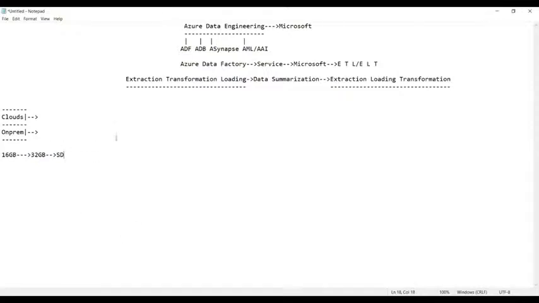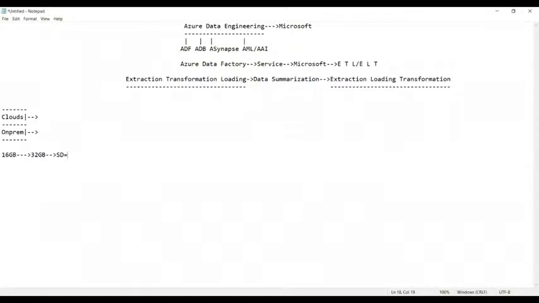And now tell me, collaboratively, your mobile phone memory and your SD card memory, how much is it? Mobile memory is 16 GB. And your SD card memory is what? 32 GB. Now, what is the total amount of memory you can store in your mobile phone? Can you tell me, guys?